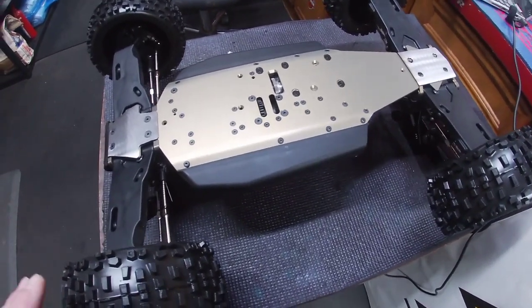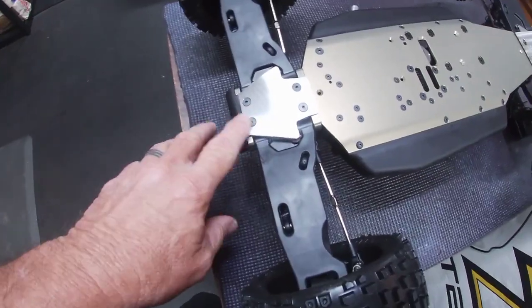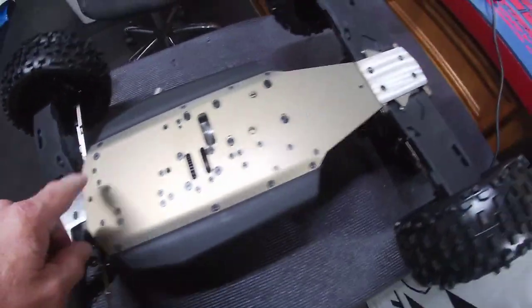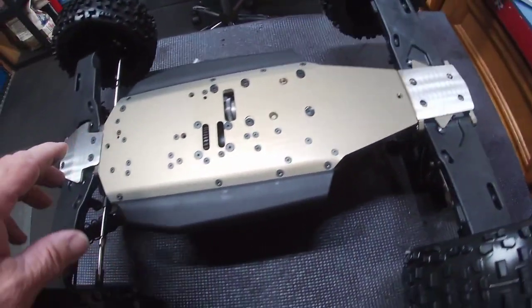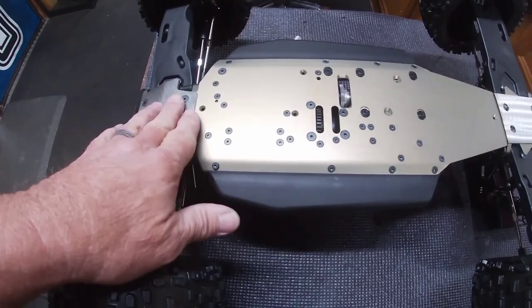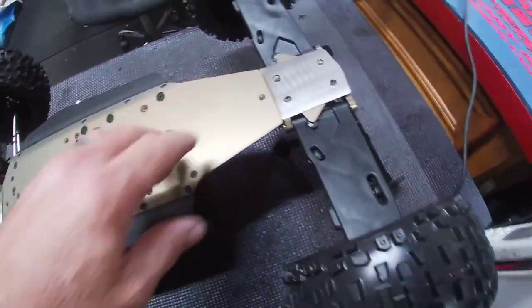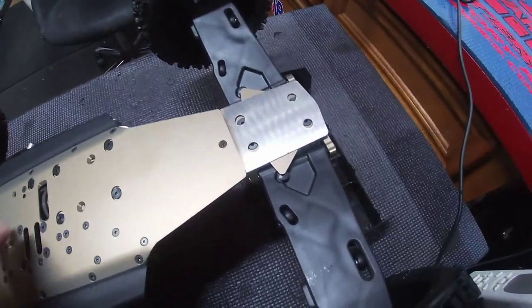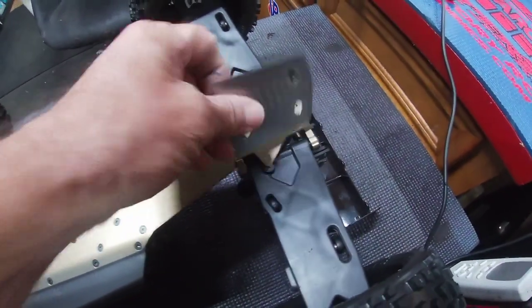So what I plan on doing is, the front's great, so we're protected there when we hit the ramp in the front, but we're not protected in the rear. The majority of my hit usually is on the front, but the rear does get beat up a little bit. So I think what I'm going to do, guys, is I'm going to get a piece of